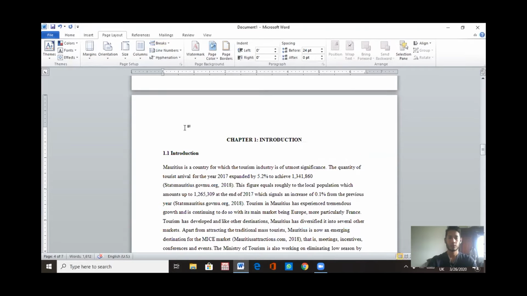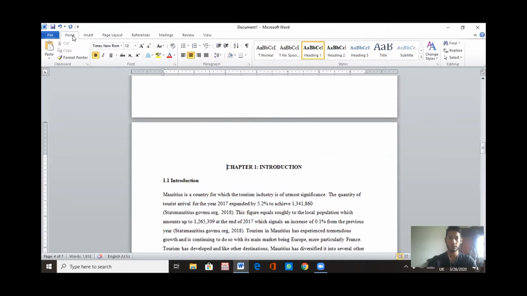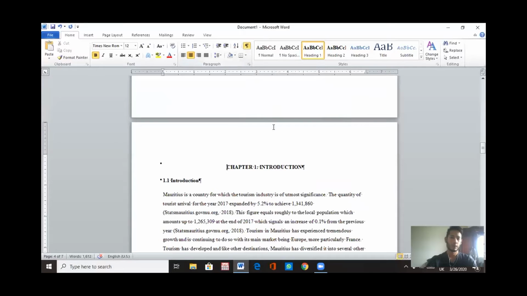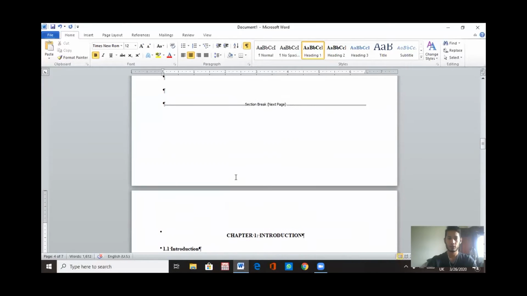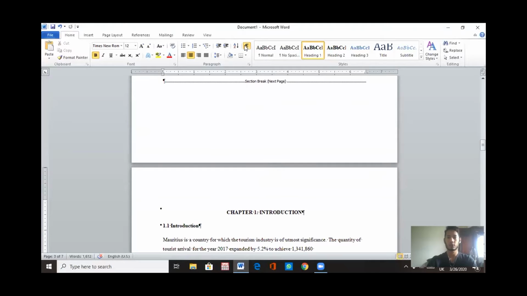There you are. So in order to check that everything is as it should be, you just click on home and you turn on your paragraph mark or your format mark, and you will see these symbols appearing. So if you scroll up, you will see that the section break has appeared. Very good. Now you can turn off your paragraph mark. Now once you've inserted the section break, what you need to do now, you go to insert